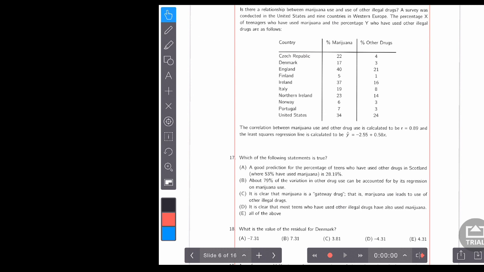Okay, so for question 17, let's go through each one. Okay, a good prediction for the percentage of teens who have used other drugs in Scotland, where 53% have used marijuana, is 28.19. Okay, a good prediction for the percentage of teens who have used other drugs in Scotland. So,